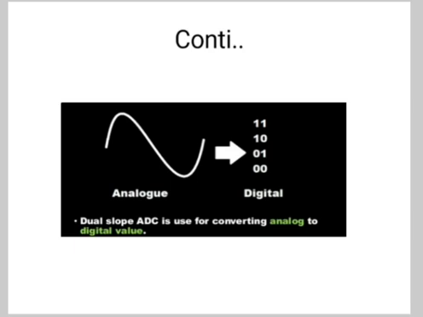If the integration were allowed to continue for a fixed period of time t1, then the output voltage is Vx t1 by RC. Now the integrator output goes in the opposite polarity to the input, that is, a positive input voltage produces a negative integrator output. If reference voltage V reference were substituted for input voltage Vx, then the integrator would begin to ramp towards 0 at the rate of V reference by RC, assuming that V reference was of the opposite polarity to the unknown input voltage.